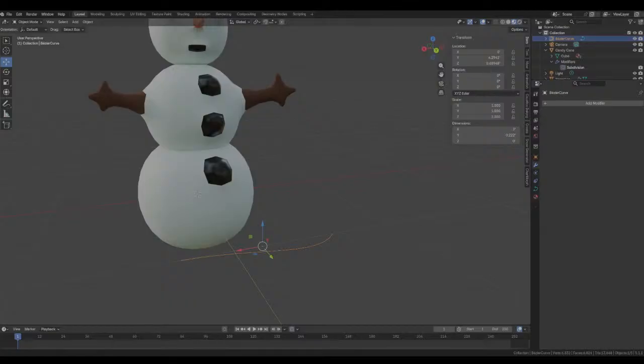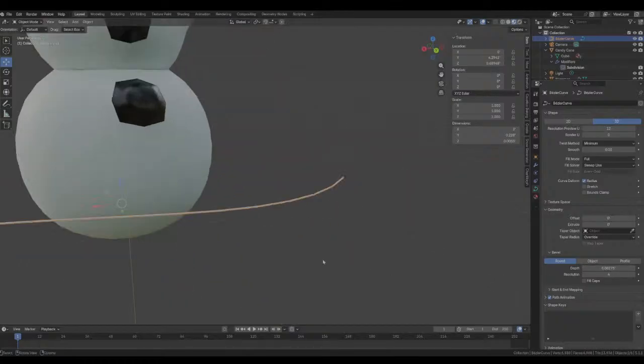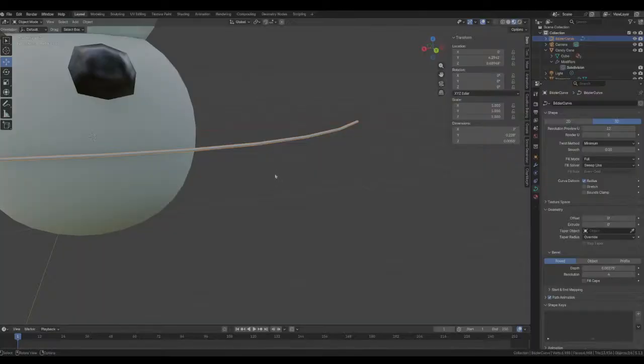Object data properties. Increase the bevel depth. Okay, that's what I'm gonna do. Object data properties. Increase the bevel depth. That's what I had to do.